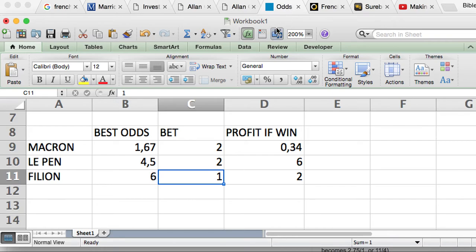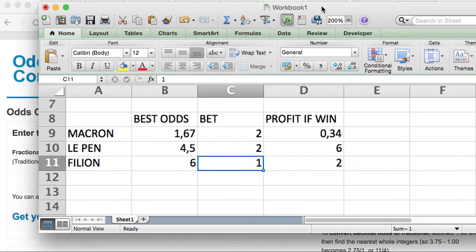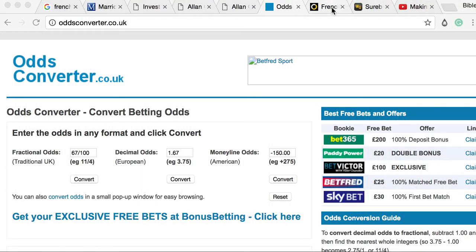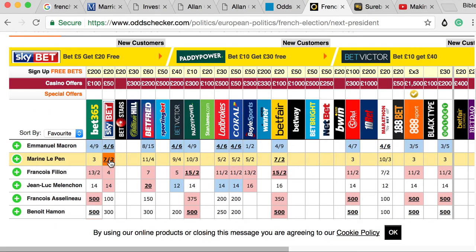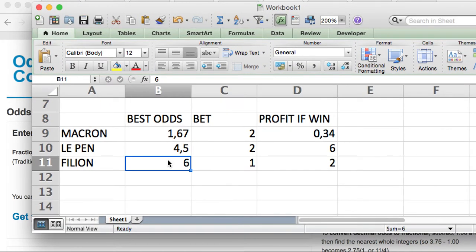So if you're going to do this, you need to act quick because this election is going to finish. But let me just check the rest of my odds. Okay, 7-2, that is fine. And 15-2, okay, that one has gone off. So let's go 15/2, convert 8.5. Okay, so Fillon is busy losing. So the odds are changing. So like I say, if you're going to do this, do it quick.